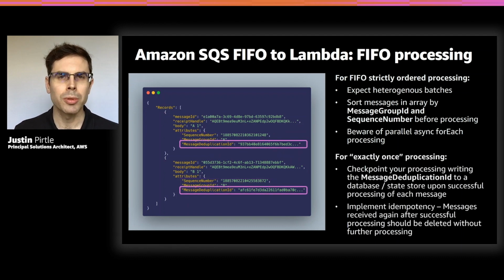Now from a delivery perspective, we have one additional attribute called deduplication ID. In this case, message deduplication ID. And so what happens here is when you finish processing the batch of messages, as you process them successfully, you would checkpoint your processing with the deduplication ID to a separate state store of your choosing. And then when you receive new messages, before you process them again, you would first check if that checkpointed ID already exists. If it does, you would just simply ignore the message and return success, not processing it twice.